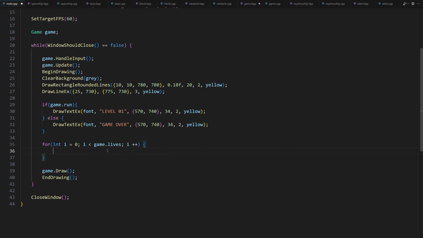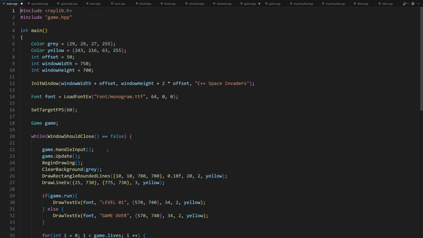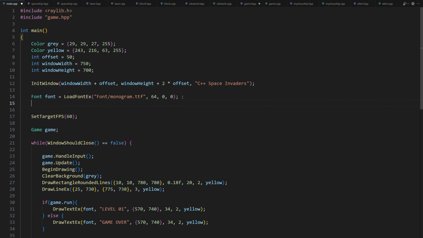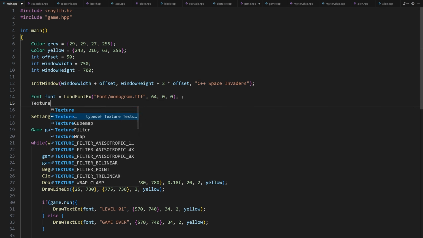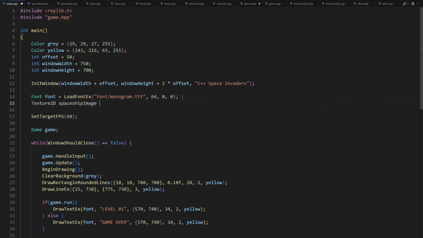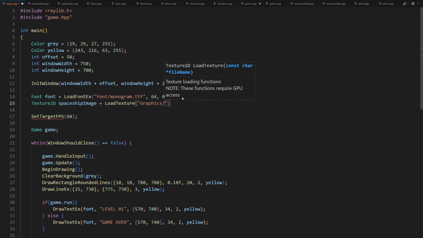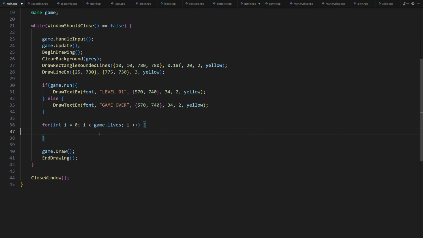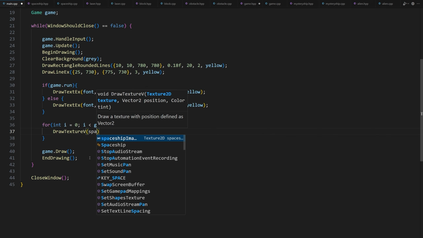Now we need to display the spaceship PNG image. Let's load it outside of the game loop. We don't want to load it at every frame, but only once. Texture2D spaceshipImage = LoadTexture("Graphics/spaceship.png"). Now we can draw this texture. Back in the game loop, DrawTextureV(spaceshipImage,